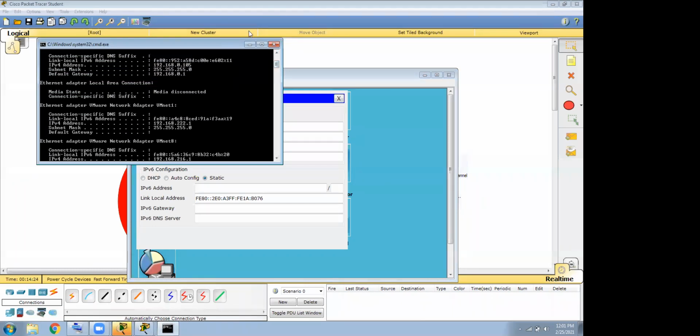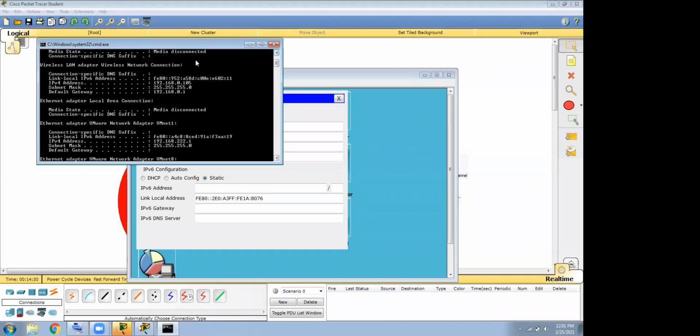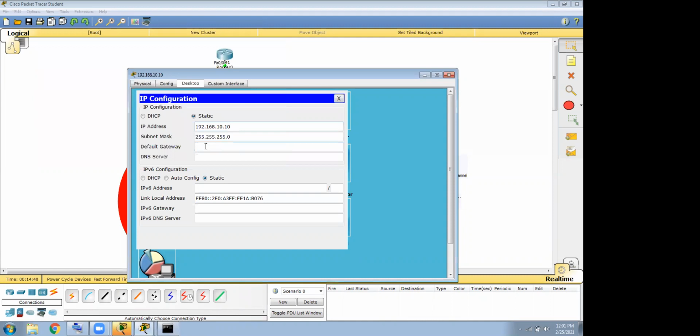This is my wireless LAN adapter. I got 192.168.0.101, but the default gateway is 192.168.0.1. It will be in the same subnet, and the one IP will be the gateway. That's what it means.